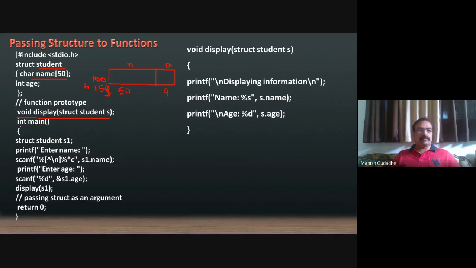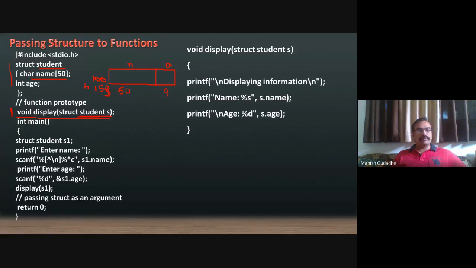Now main is declared. The definition of display is yet to come, but it is sure that it is going to take a structure variable of type student as an input. That is why student is defined first and then the function is defined, because at this moment we are using student, so it has to be declared before.